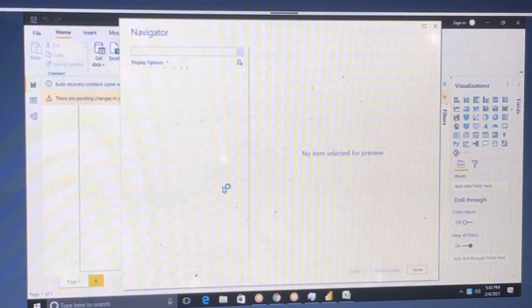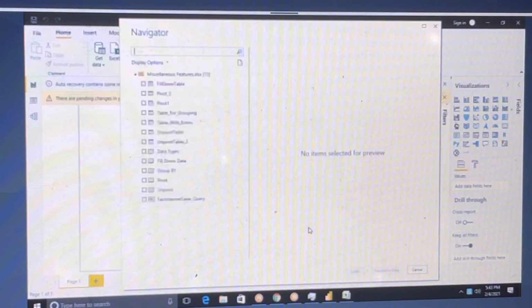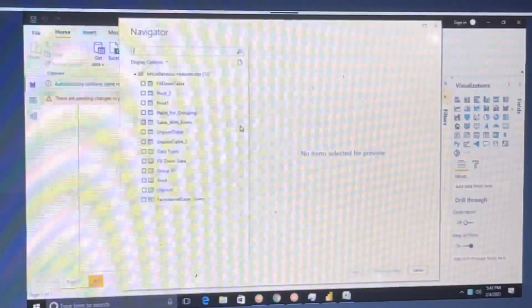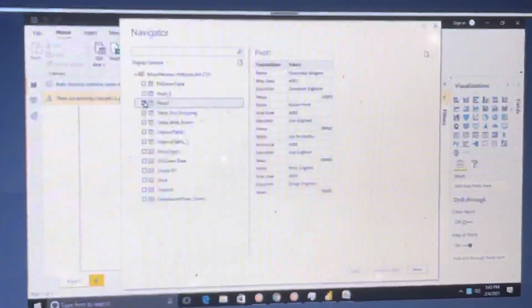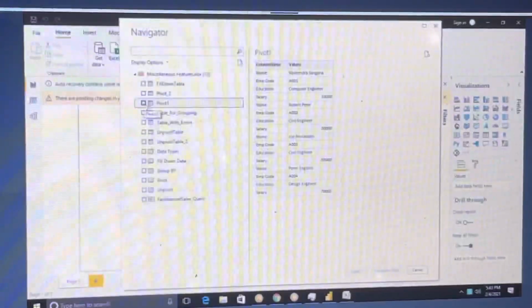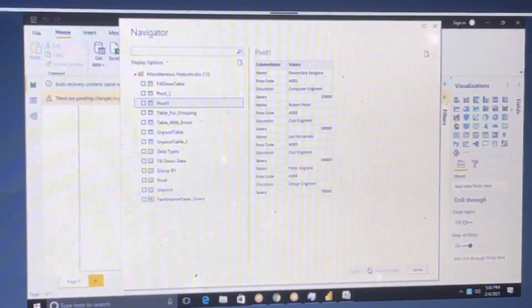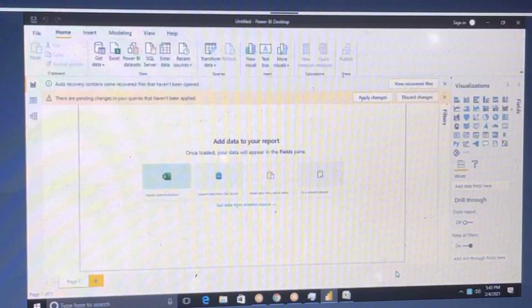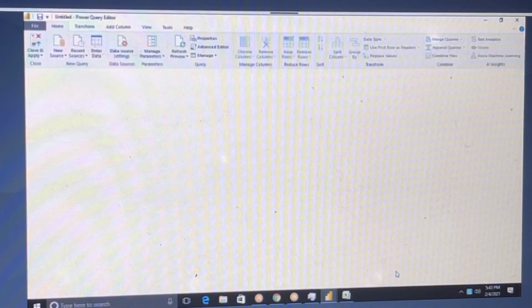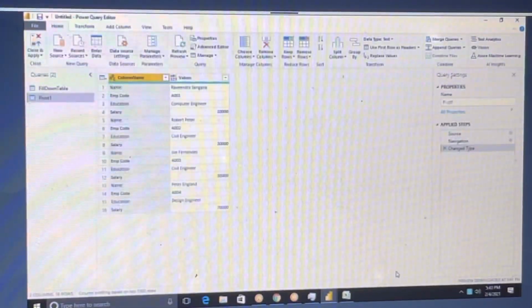I did not talk about merge, right? I think we only talked about append, am I right? Okay. So pivot data. Yeah, this is the data we have. Select it. See, these two buttons are grayed out. Once you click on this one, then only we get it. Click on transform data. Follow the steps, like one or two steps, we will have it.